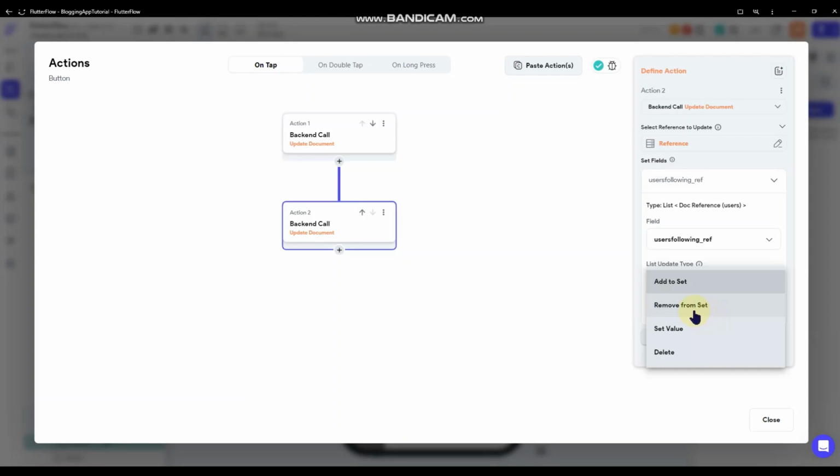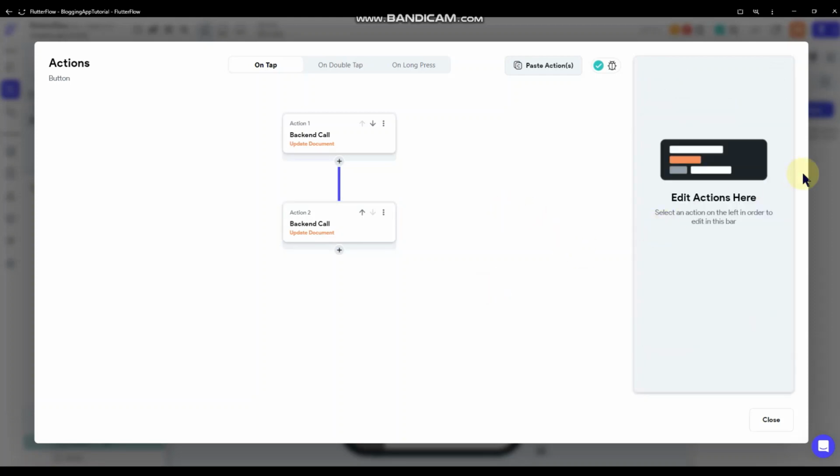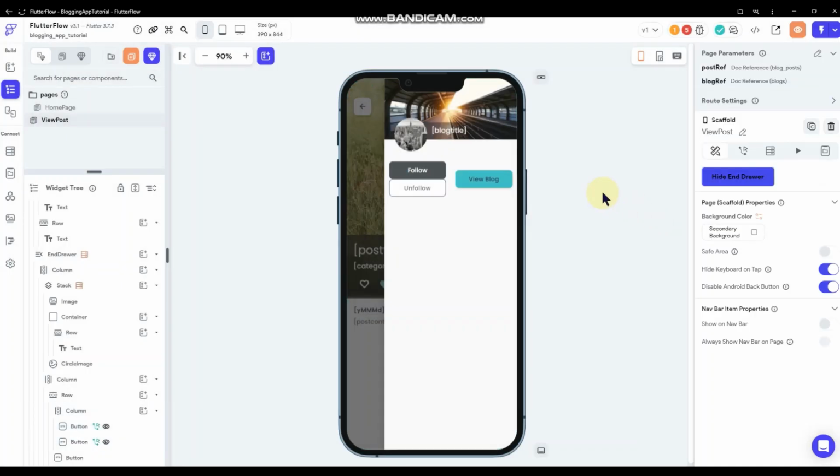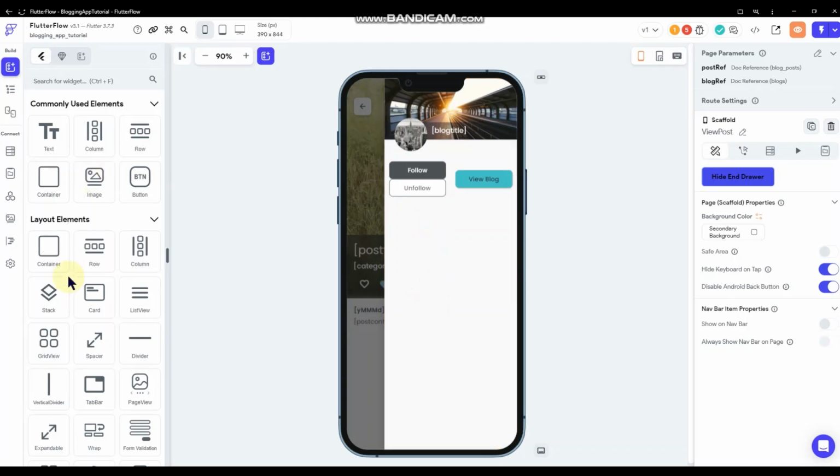And remove from set. All right. Okay, so that's good to go. Once we have the blog page set up, we'll connect that into an action. And then the last thing that I want to do for this little page here is I'm going to